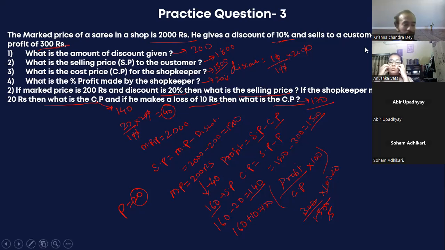Is it clear to everyone? Yes, sir. I just wanted to call out one thing. There is a difference between two words. Always remember that. It came to my mind, so telling you all. Discount percentage and trade discount, they both are different. What is the difference?